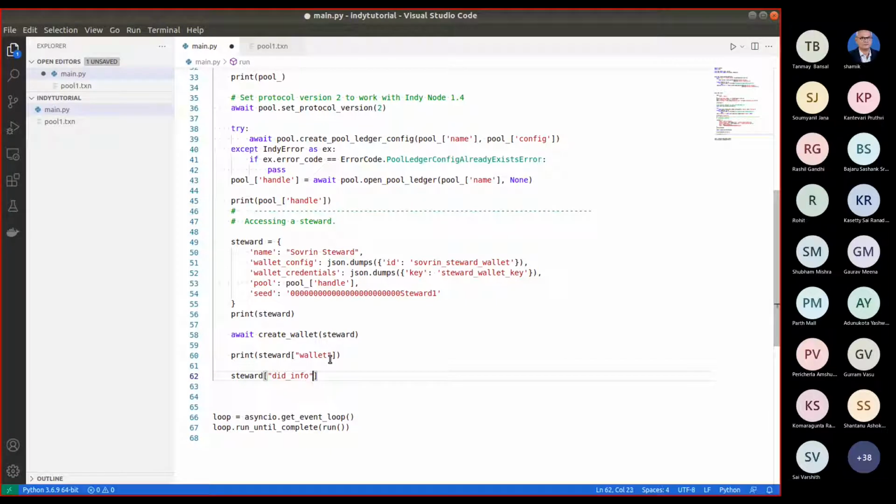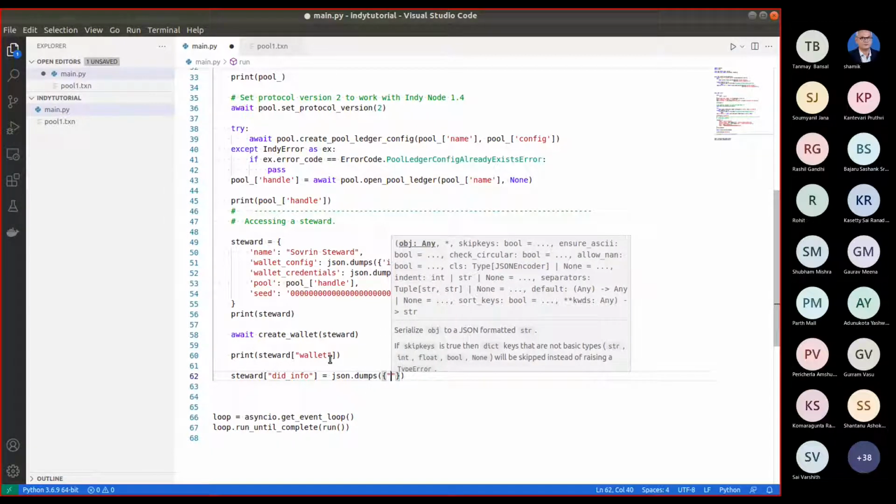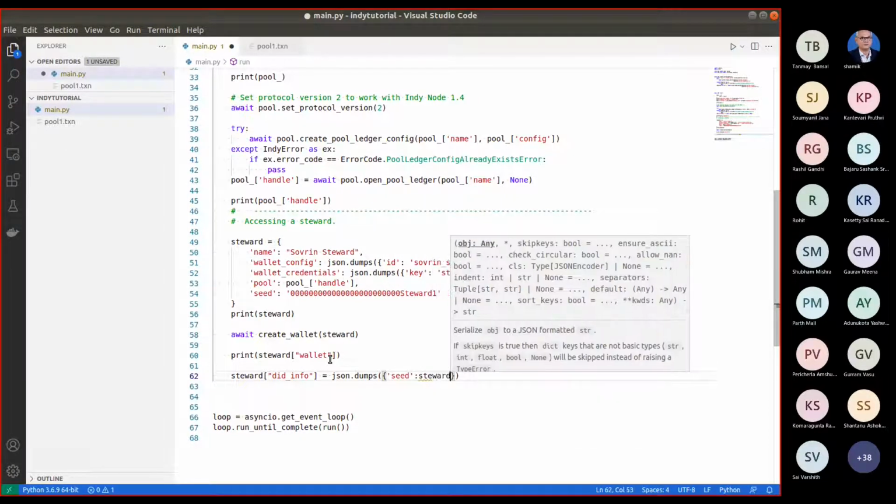variable. So basically we have to create a JSON string which has this seed value that we already created, steward seed.